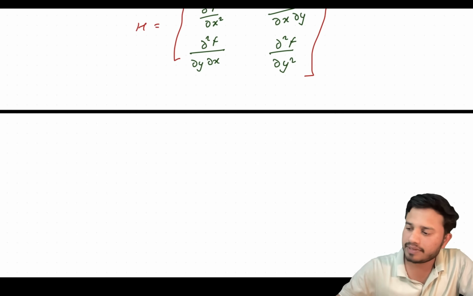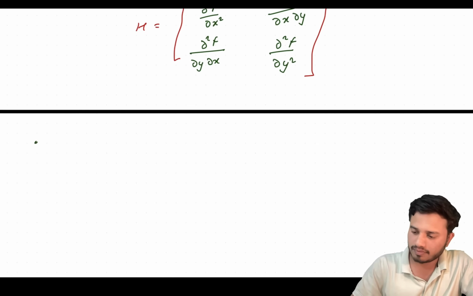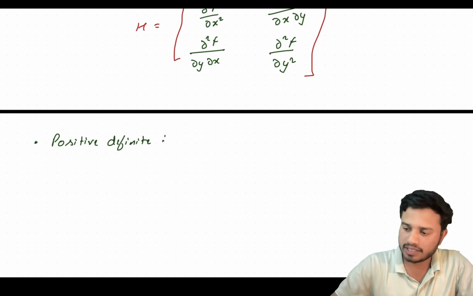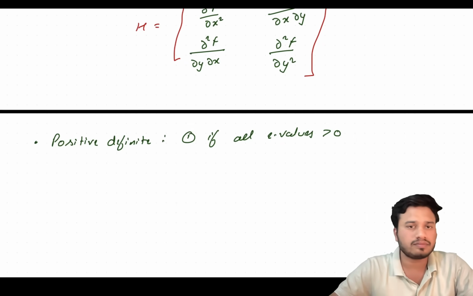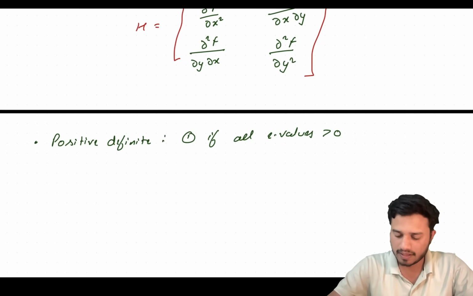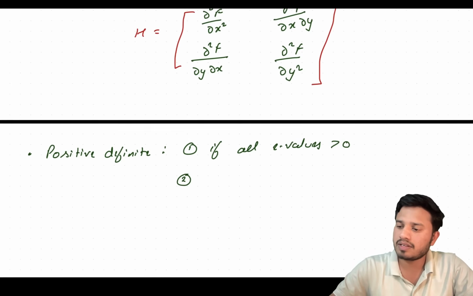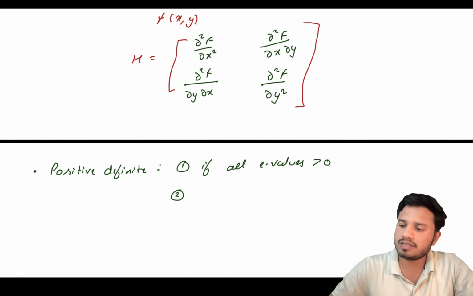So the second derivative test tells you that if this matrix is positive definite, that means the condition was that all eigenvalues are positive. That was the first condition. The second condition was that the first element,